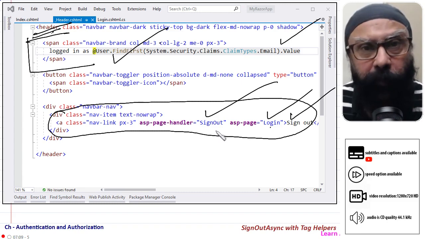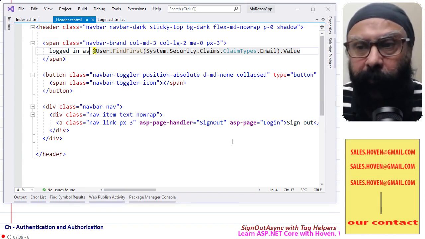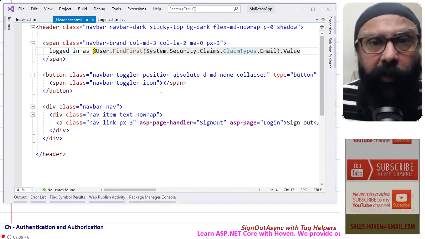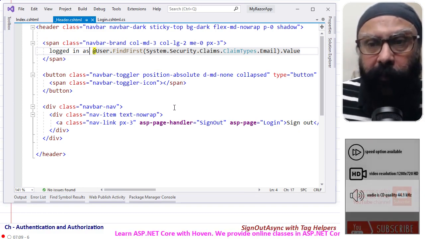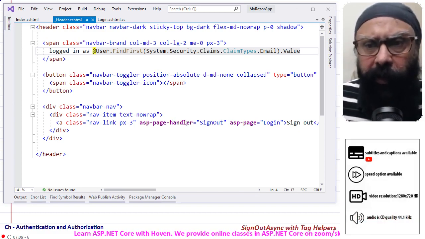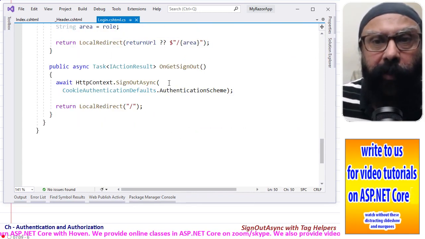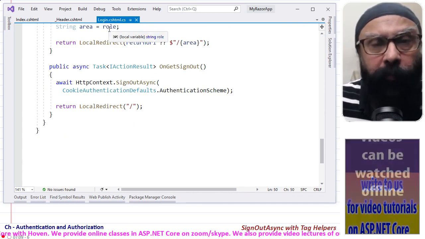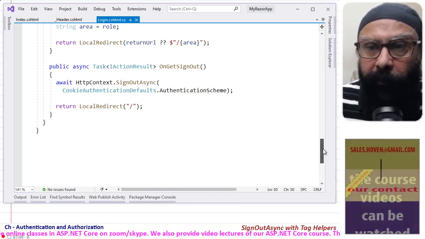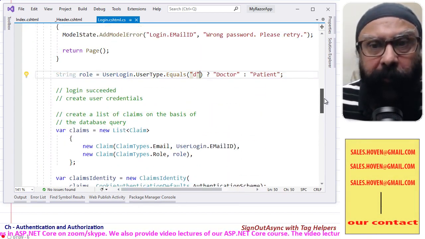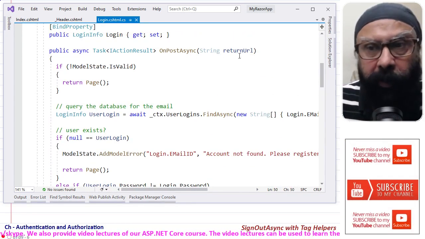You can download this project, and there you can see it also in operation, but this is basically what is happening. The project is available. You can download it in step 6, I think. There you can see this all in progress. And here this is the login form, the home login page, and here we have this OnGetSignOut. Before I talk about this, the same page was for login also, the return URL and all.